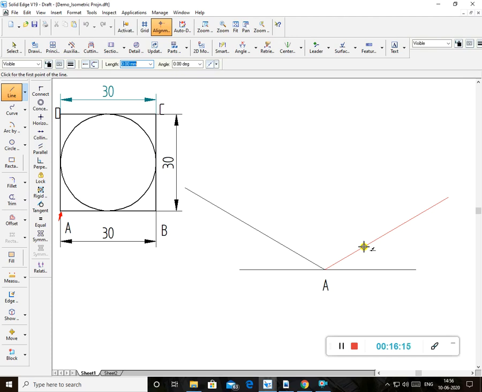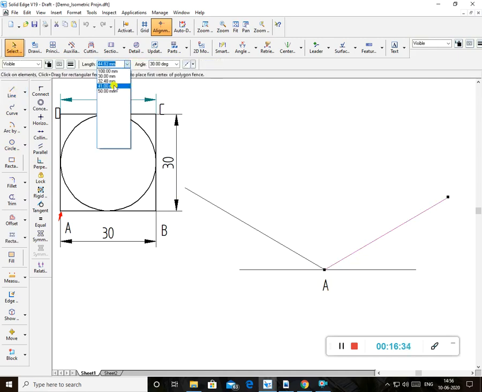Right. Now I'll draw a line of 30 mm. I'll take a thick line. Otherwise, whatever line you draw manually on this side, you reduce it to 30 mm only. I'll reduce this line to 30 mm. Rather than drawing a double line, I am reducing it here. This is 30, and this AD is also 30. So this is B.